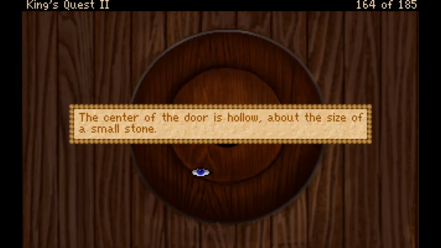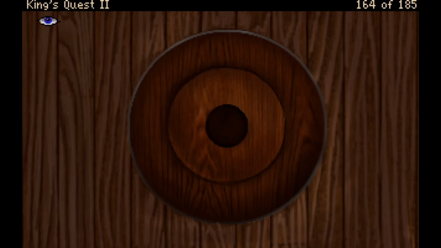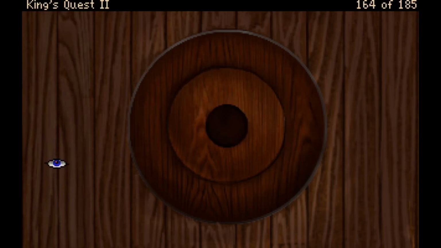The center of the door is hollow, about the size of a small stone. A disc-like indentation has been carved into the door. It appears as if something is supposed to be placed there. Yes, and perhaps we have something that can be placed there, but before we do anything with...